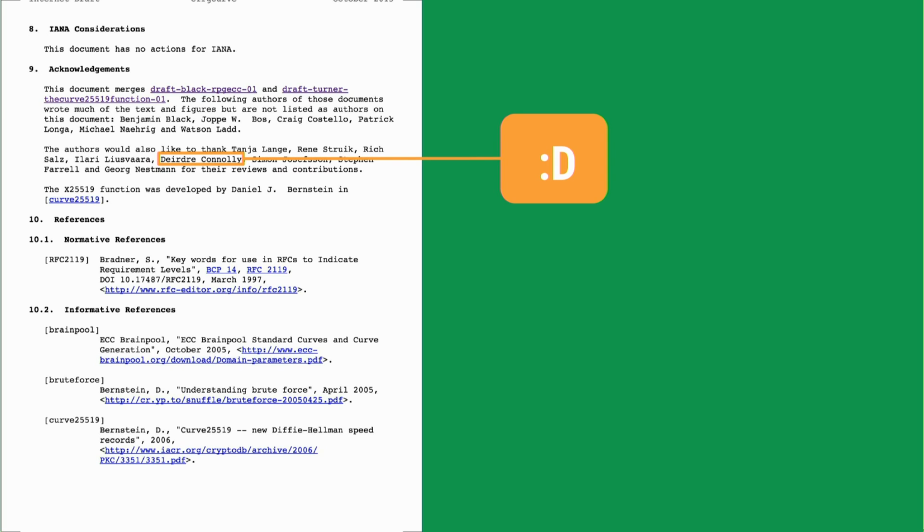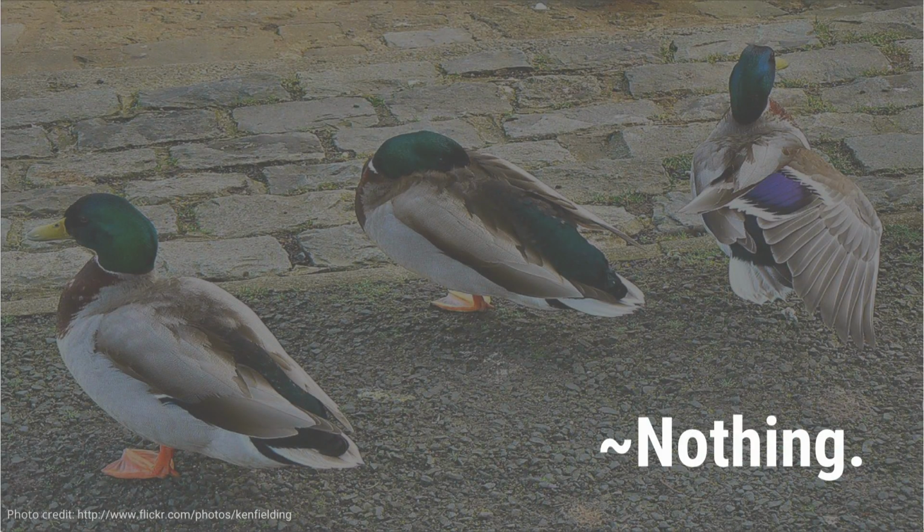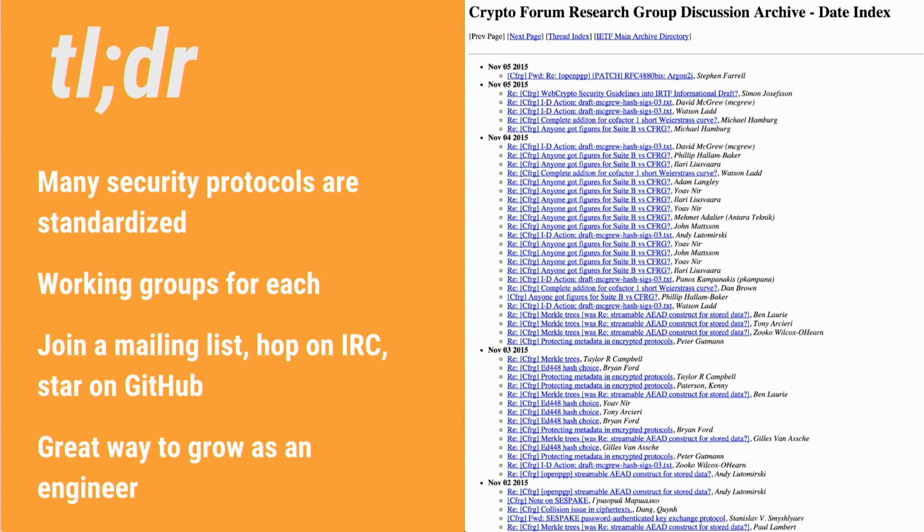And if you had told me 6 months ago, a year ago, that I would have anything to do with a cryptographic document or an internet standard or anything like that, I would have thought you were insane, because I didn't know anything about this until 6 months ago. And if I can get involved with this group and I can get involved with standards bodies, anyone can do it. And the reason you should is because these are the protocols that we use to build internet scale systems,